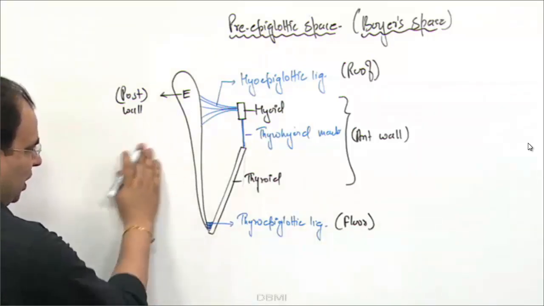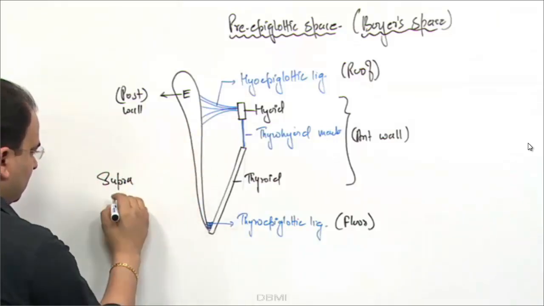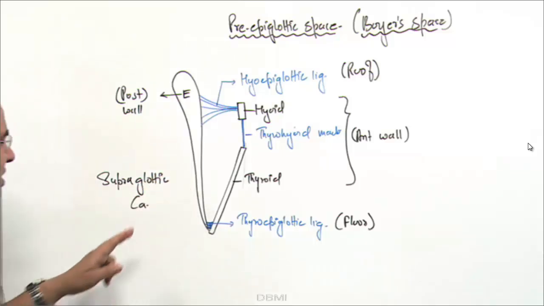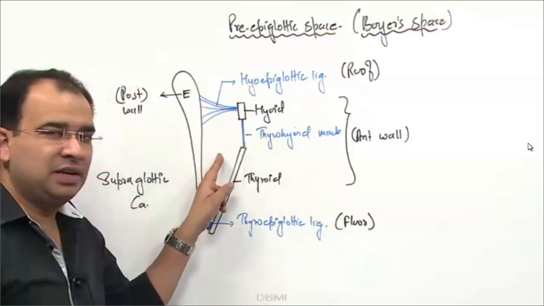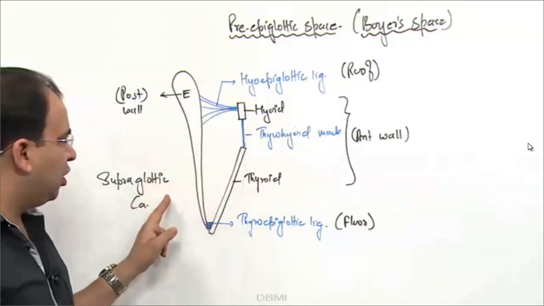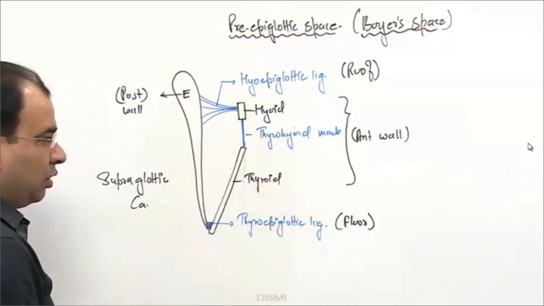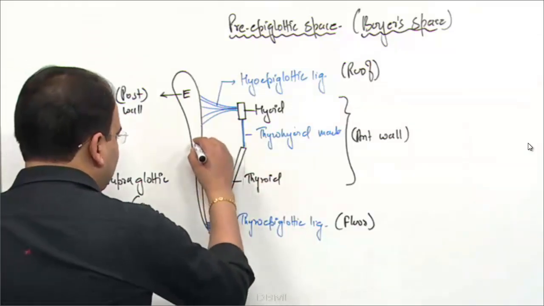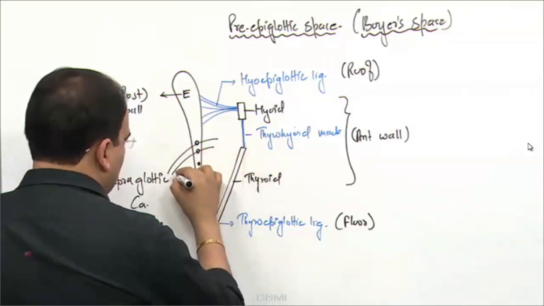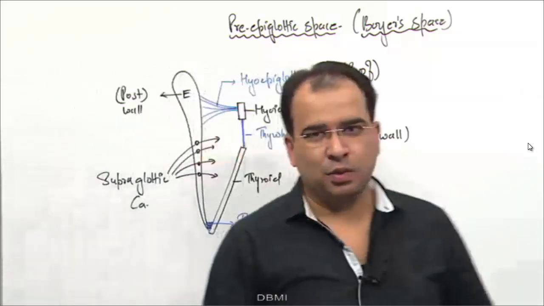Now let's say we have a supraglottic carcinoma here in the larynx. The question is, can supraglottic carcinoma infiltrate inside the pre-epiglottic space? Yes or no? Yes, it can infiltrate into the pre-epiglottic space. How? Not through lymphatics, but via epiglottic perforations. If you look at this epiglottis in the atlas, what you'll see,